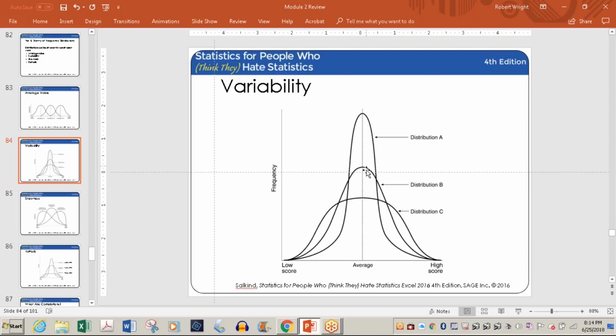Now, distribution B is your typical bell curve. That means you have the normal distribution. You remember the percentages we said above and below as you go out to the different standard deviations. This is what you normally expect: some students get low scores, a lot of students are around the mean, and some students above the mean get the high scores. Finally, you have distribution C, which would be pretty much the opposite. There are a lot of people that do not score near the mean; they're above or below. They refer to these different situations, and we'll talk about it in a second.